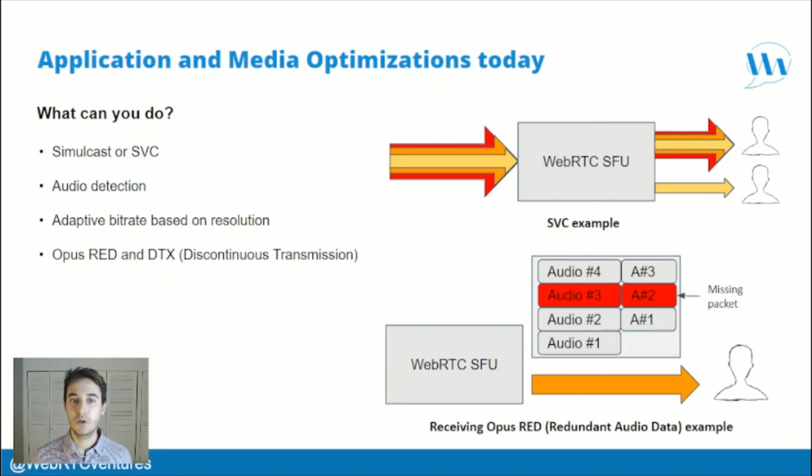How SVC works is that you would send a single stream. It's a technique where you send a single high quality stream with different layers, something like an onion, and the WebRTC SFU will be able to send the right quality of video based on the status of the connection of